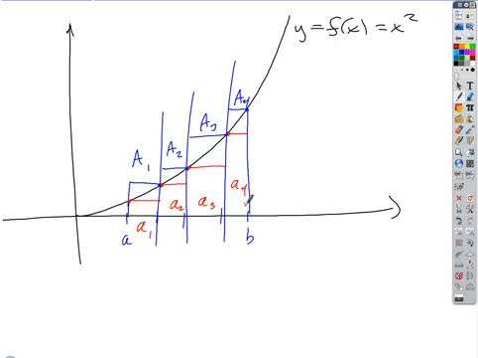Okay. So very conceptually speaking here, can you think of a way that we could take this idea and come up with a perfect approximation, so the exact area under the curve? What happens if we increase the number of squares? We can see what happens if I increase the number of squares. What if we make these intervals, for example, half as wide? If I make them half as wide,